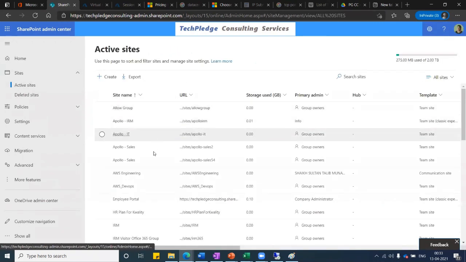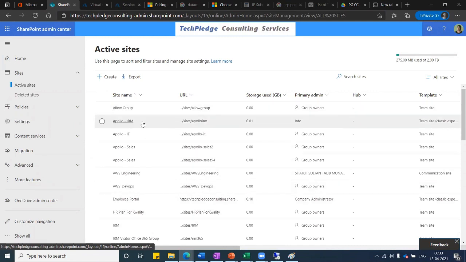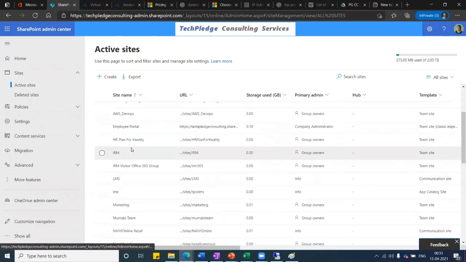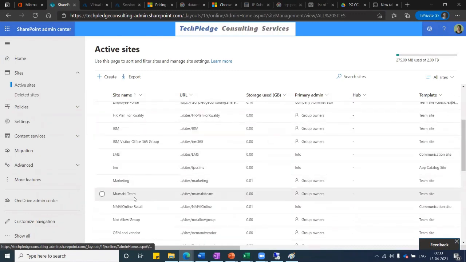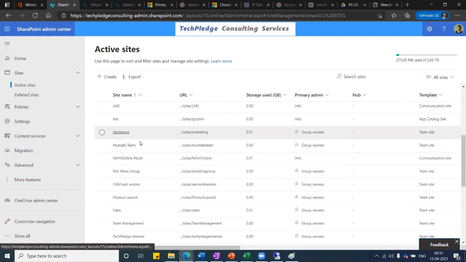Look at that, how many sites we have. These are all different sites used by my different team members. Someone belongs to an engineering department, someone belongs to a sales department. Likewise, I have different kinds of teams who are using this particular